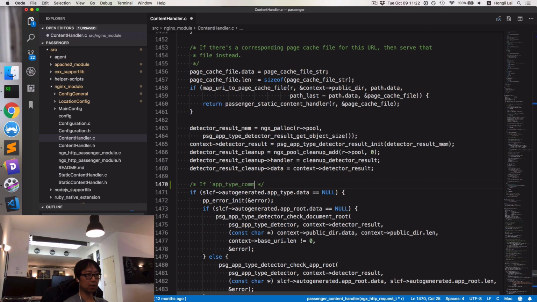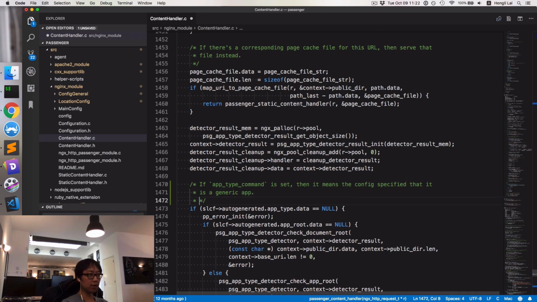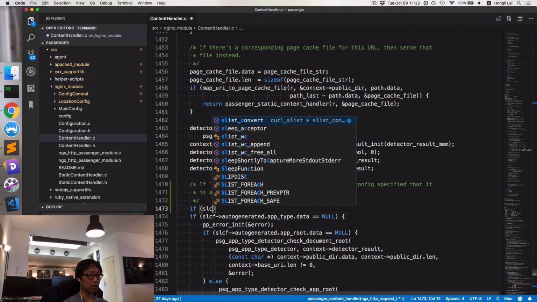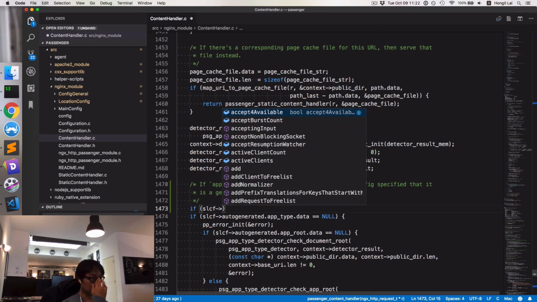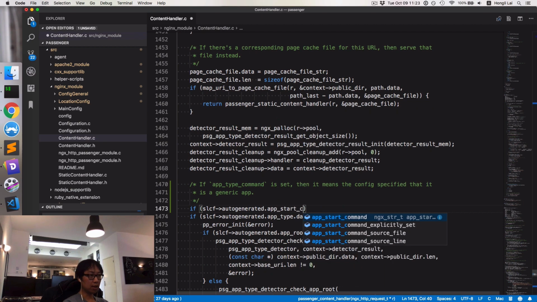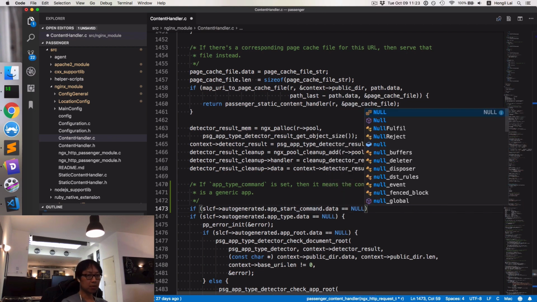If app type command is set, then it means the config specified that it is a generic app, so that we do not invoke the app type detector. In Nginx the config object is called SLCF. So the configuration struct in the Nginx module has a manually written part and an auto-generated part. So this field here is auto-generated. If that is not set,